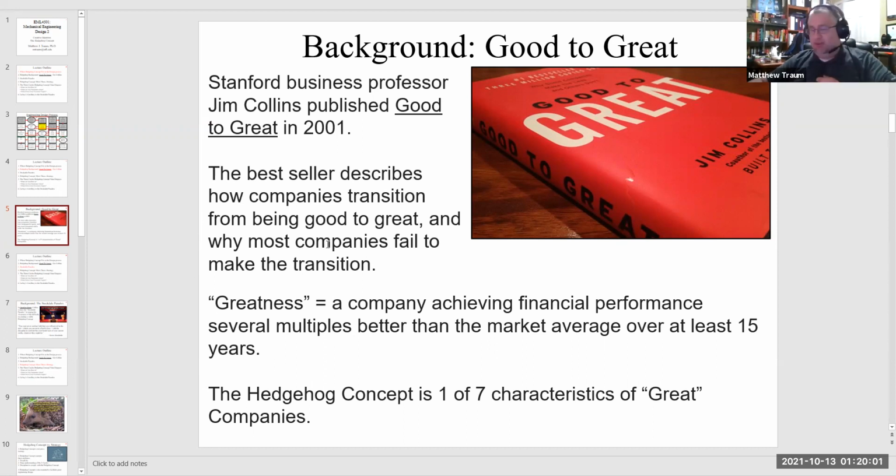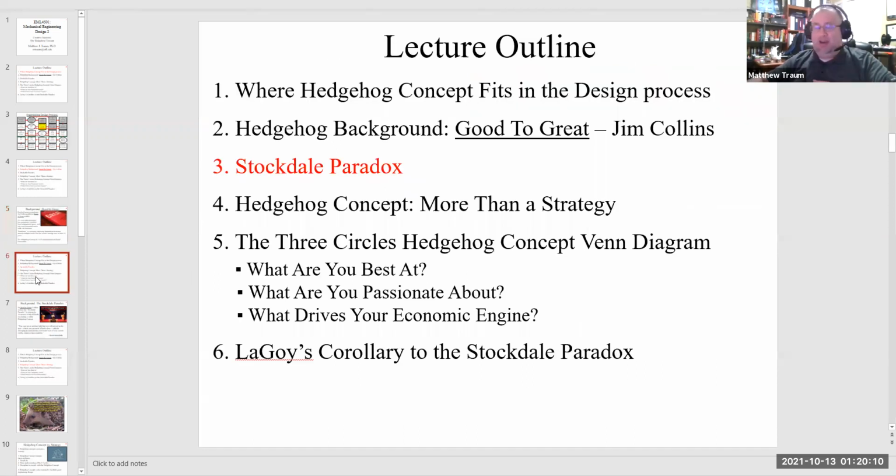Because this is basically the situation you guys are in. You're in a highly competitive environment, and Good to Great will give you some tips on how to claw your way to the top of that environment and get noticed by the people who make the decisions about whether your design is good or not. Okay, so let's